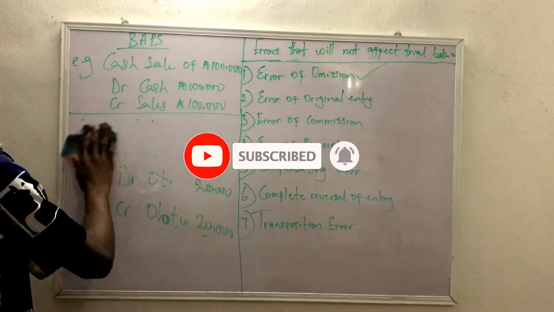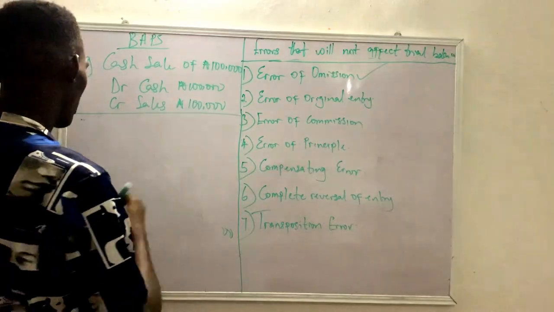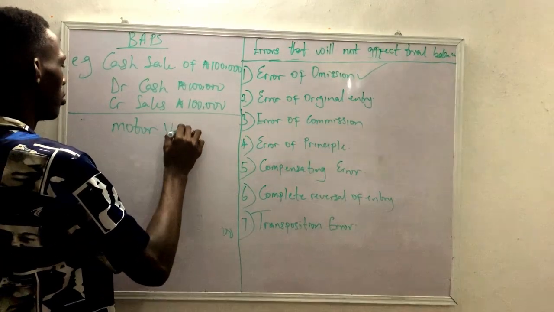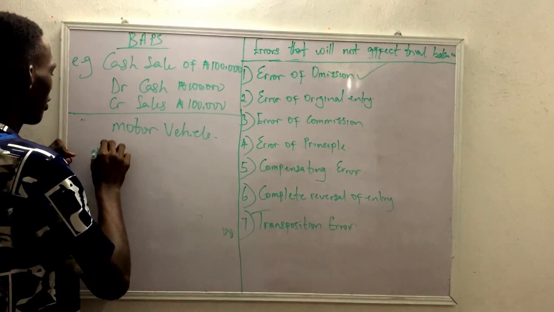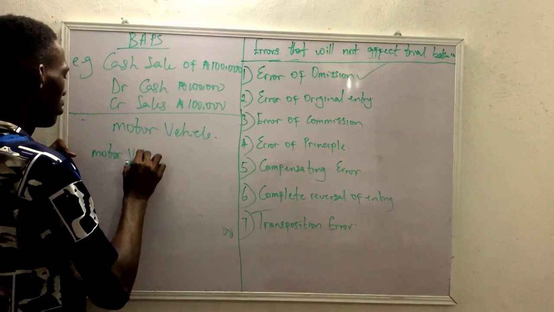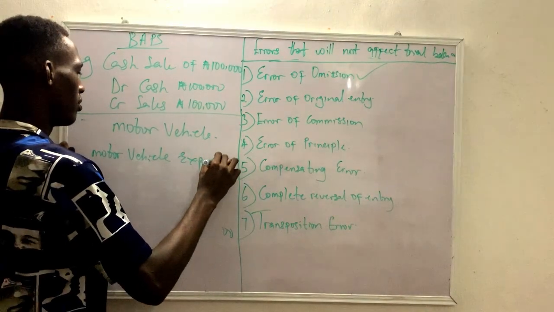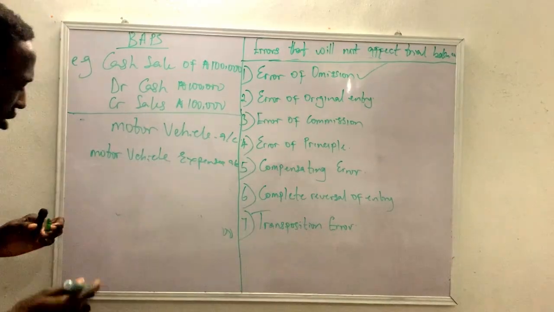I was dealing with a particular item called, let's make use of motor vehicle, I guess. It was motor vehicle. And we also have motor vehicle expenses account. Let's do it this way. Now look at the difference. Let's assume